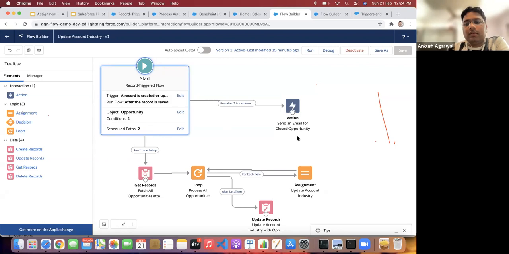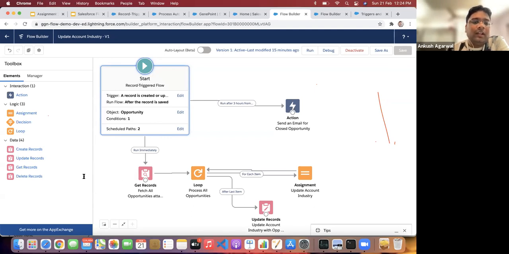So you need not worry about loops over here, but definitely if you are fetching multiple records, you just have to make sure that you are not updating the records inside the loop. So this bulkification is already taken care of by the system itself.